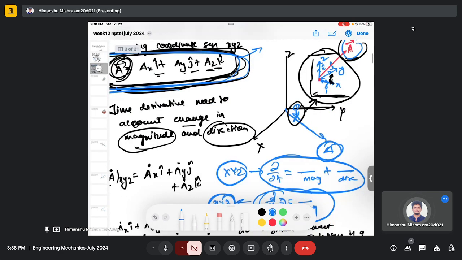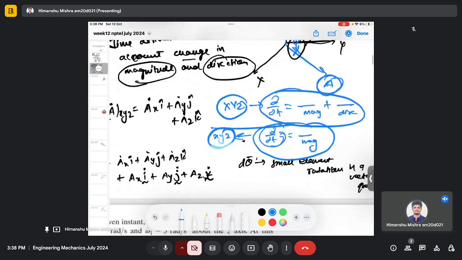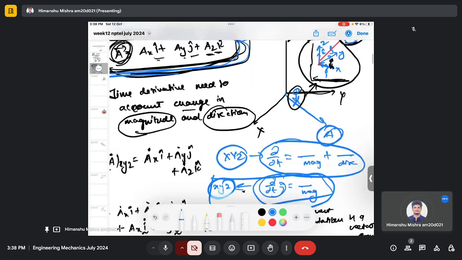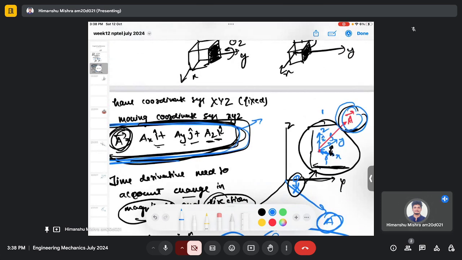Similar concept here. So if you define the vector in the moving frame, then the rate of change of this vector in the moving frame only contains the part which is change in magnitude. If you are in the moving frame, then you cannot see the direction of vector A changing,